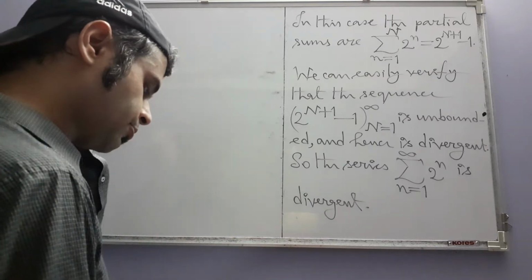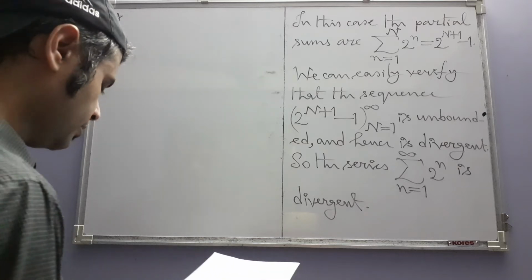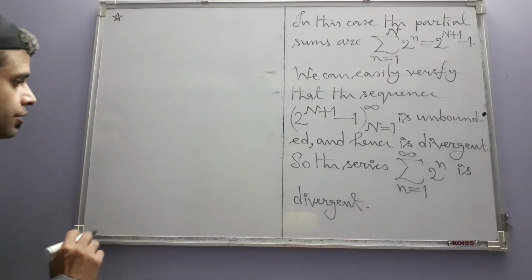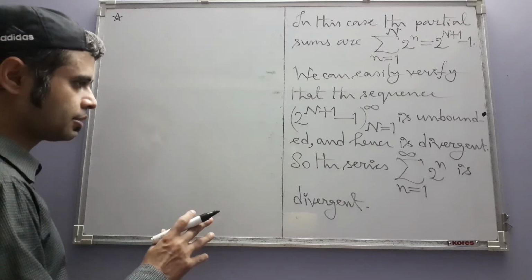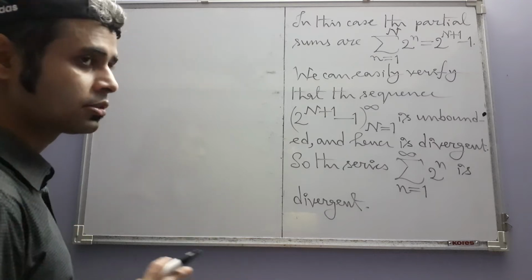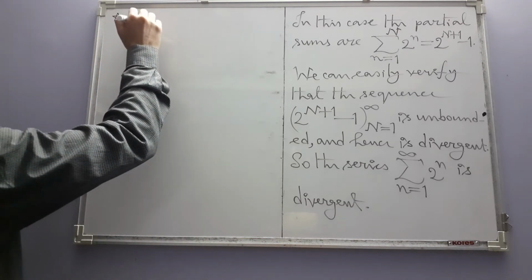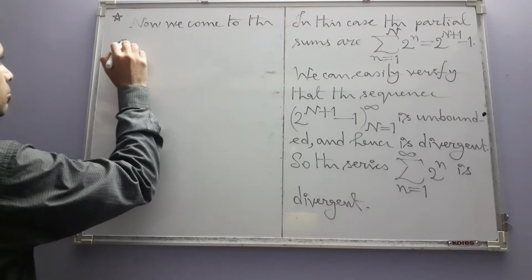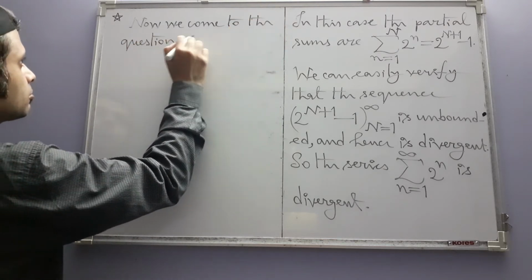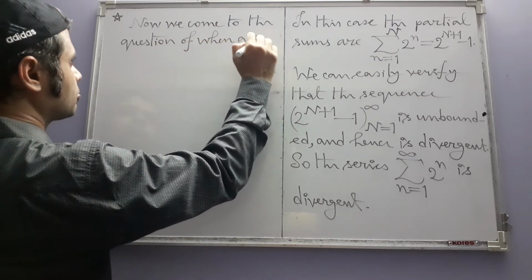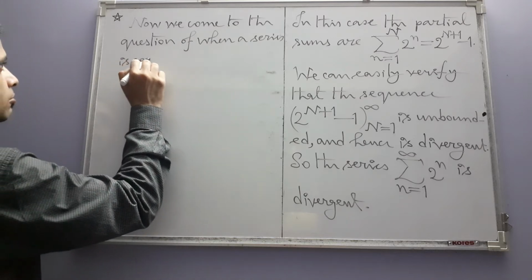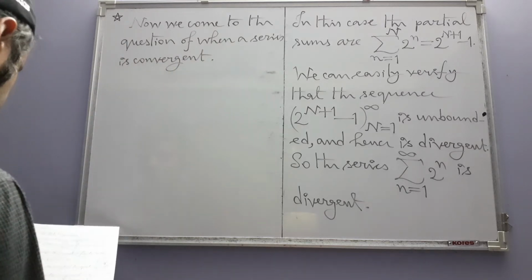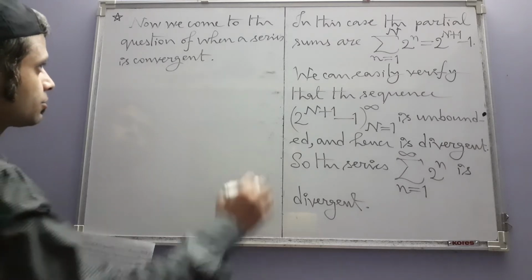So this is an example showing a concrete convergent series and a concrete divergent series. Now we address the question of when a series is convergent. Now we come to the theoretical question of how to know that a given series is convergent, or what are the conditions for convergence. And we of course have a result for that. The following proposition shows that a series is convergent